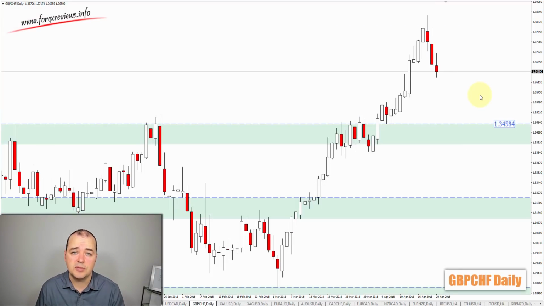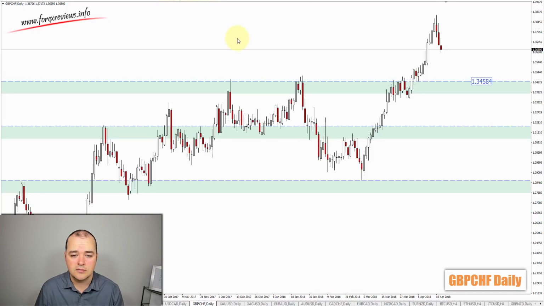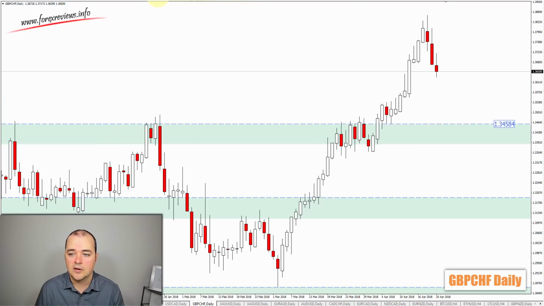Okay, next pair I'd like to highlight is GBP/CHF, and I'm on the chart. Now at the moment, GBP/CHF is in an uptrend, and the zone I'd like to highlight on this market is a potential pullback area, and that is the 134.58 zone area. And if I zoom out, you can see this is an area that acted as really strong resistance in the past, looking left back here. And if this market tests this area this week or in the near future, what I'd like to highlight is